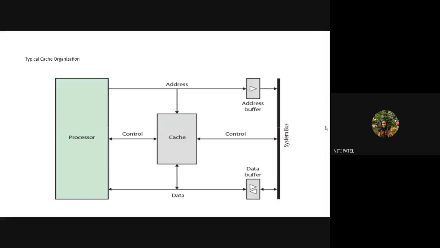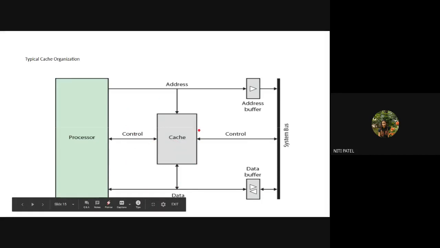What is there between the main memory and the processor? It is the cache. Main memory has its own address. Now that address is being carried over here. It is given to cache memory also, and it is given to the processor also. But that cache does not understand this main memory address as it is. It has to be converted into its own understanding address. What is that own understanding address called? A cache address. And who does that conversion? It is done by any one of these address mapping methods.